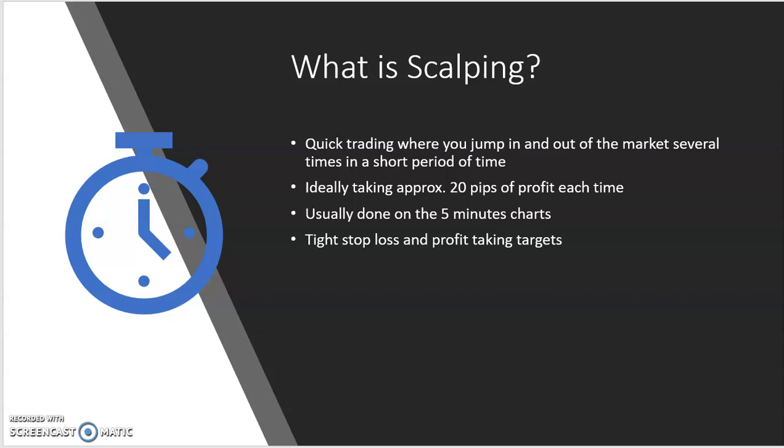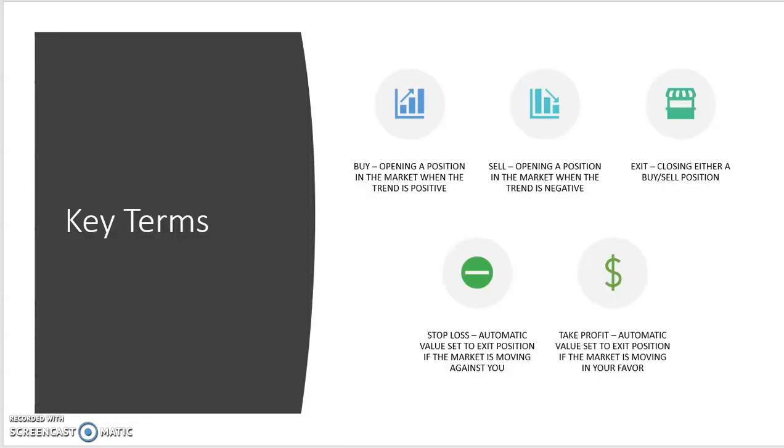Scalping is a form of trading in which you jump into the market several times within a short period of time. The idea is to take small profits but constant profits, so about 20 pips of profit each time. It's usually done based on the 5-minute chart, and you always have a tight stop loss and a profit taking target as well. So what are some of the key terms that you want to be familiar with before you